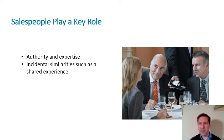Now, why are salespeople relevant? Because they have lots of expertise, especially in product categories that we don't buy often, like the two that I mentioned. Most people in their life buy 10 cars or less, right? Unless your name is Jay Leno, then maybe you buy a lot more than that. And the same thing with homes. How many homes are you going to buy over your life? Unless you are a realtor, you're probably going to buy 1 to 4 homes, if you buy a home at all, now that home ownership is less exciting, at least for some younger people. Anyway,